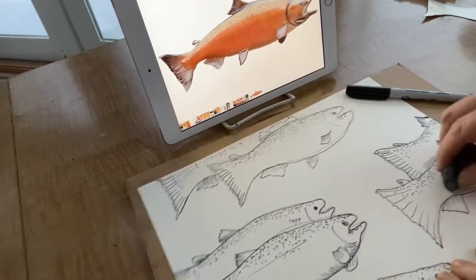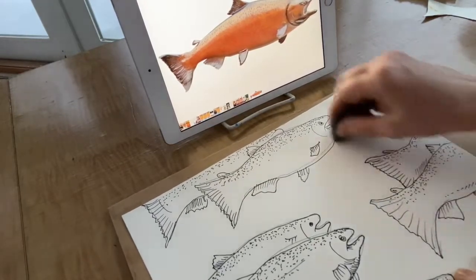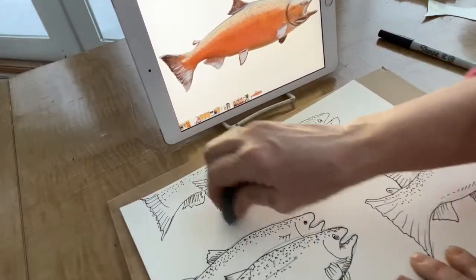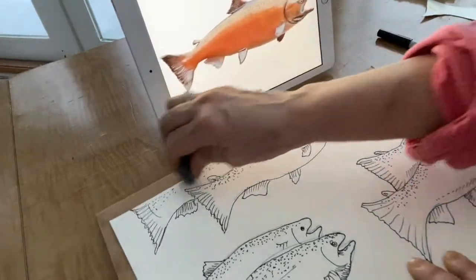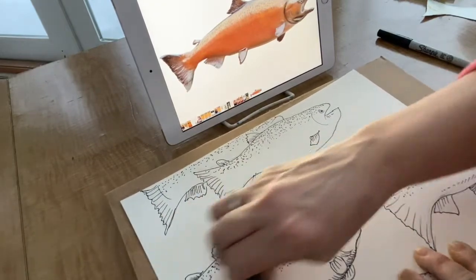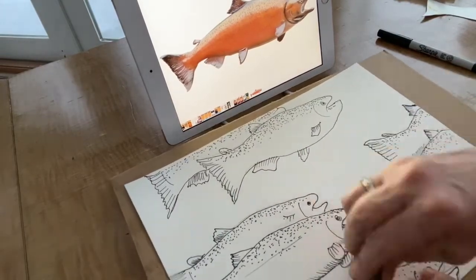Right now I'm erasing all my pencil lines. I just use those pencil lines as a guideline, just to kind of get me started. And of course I can erase, and if I don't like the shape of it, I can erase before I do my ink. And as you can see, I have put that picture of the salmon on an iPad, and you might want to do the same thing. Although it will be included in the materials, so you can look at that, or you can make a print of it, make a copy of it,